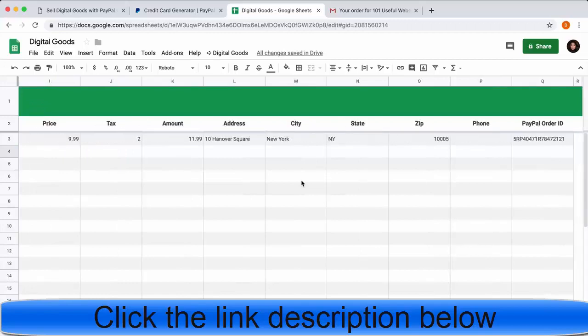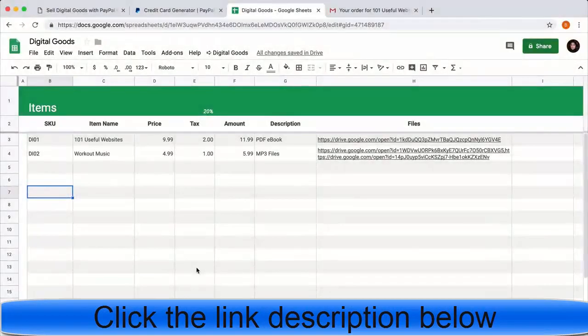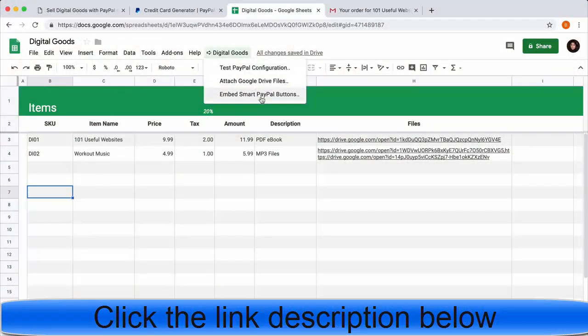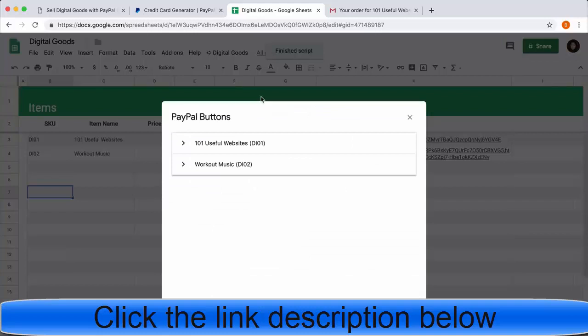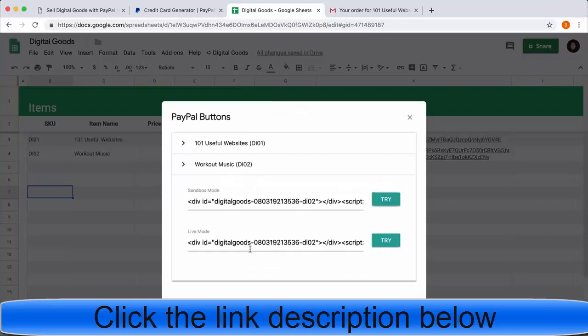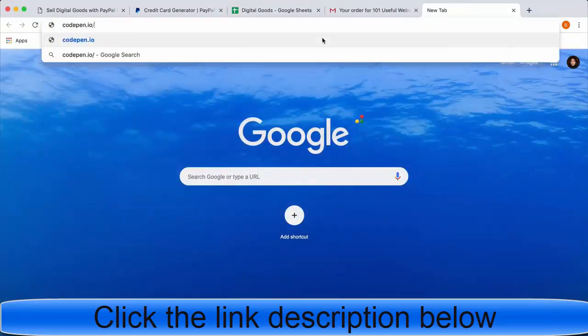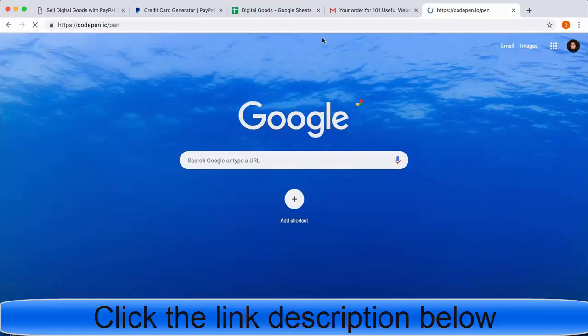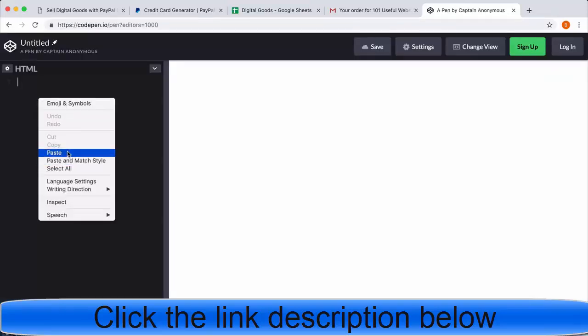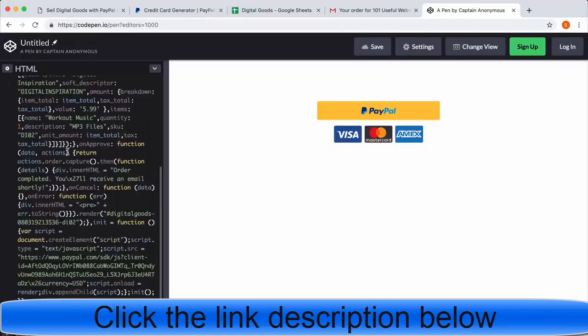So assuming that your integration is working fine in the sandbox mode, it's time to get the live buttons. So go to the embed menu and this time grab the code for the live mode buttons, because this is the one that you should use on your actual website. I'll quickly open a new web page on CodePen and paste the embed code. And your PayPal Smart Buttons are now live. Anybody can go to your website and make a transaction. So you have just seen how easy it is